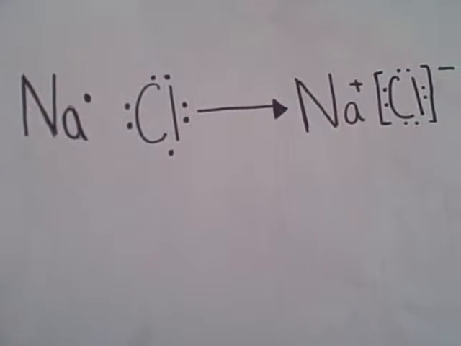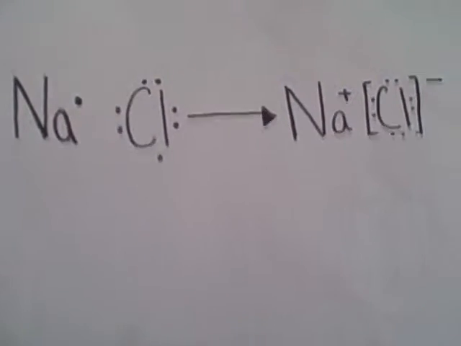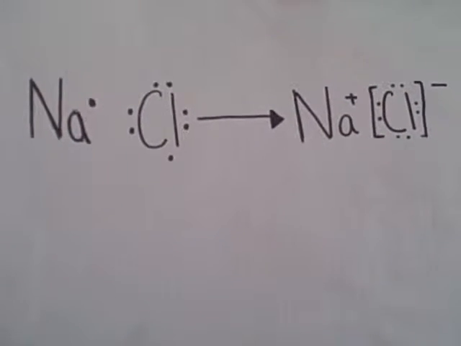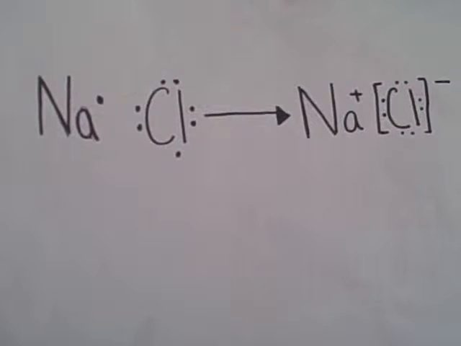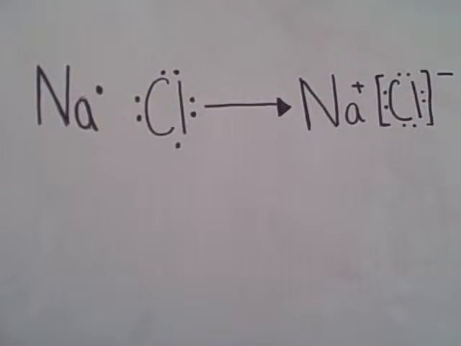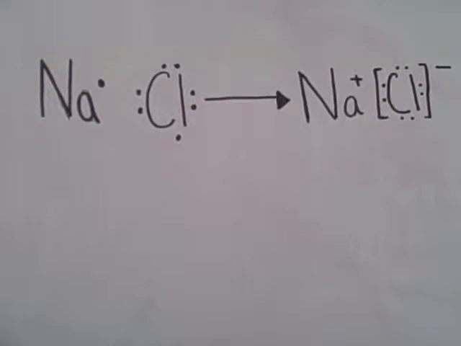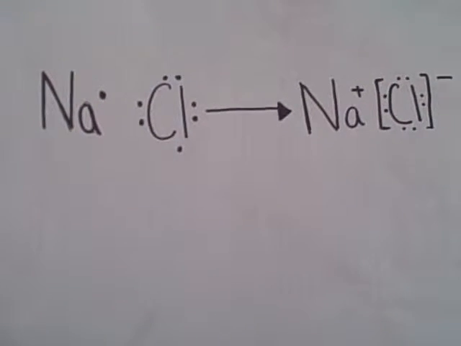Ionic compounds deal with a metal and a nonmetal. If we look at this example, we can see that the single dot on sodium represents 1 electron in its outer shell. Chlorine, on the other hand, has 7 electrons in its outer shell. Due to the octet rule, both of these would rather have 8 than 7 or 1. In this case, with an ionic compound, sodium can transfer its single electron to chlorine, giving it 8 and getting